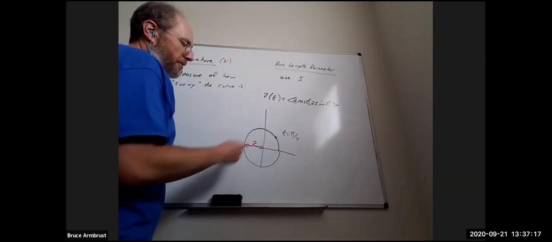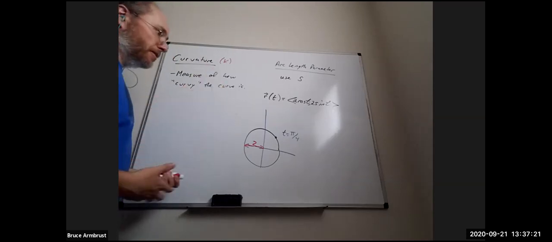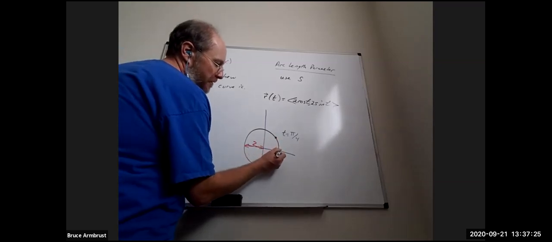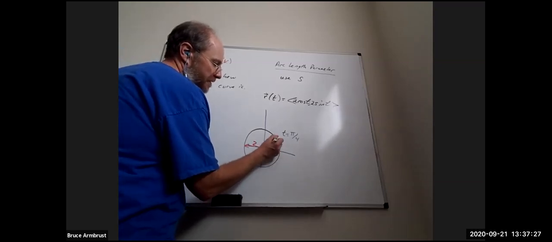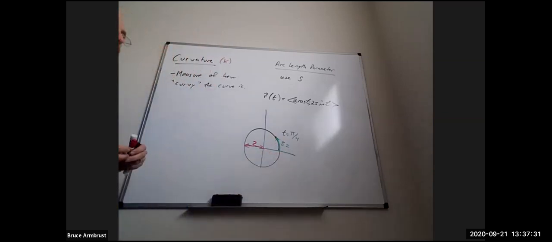At pi over 4, we're at this spot. Now, if we're going to use the arc length parameter, we need to know this distance. Because that distance s,